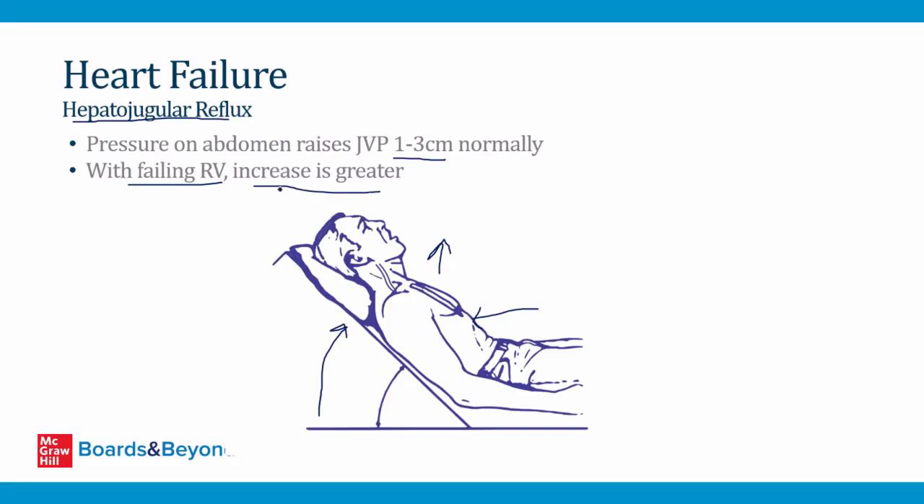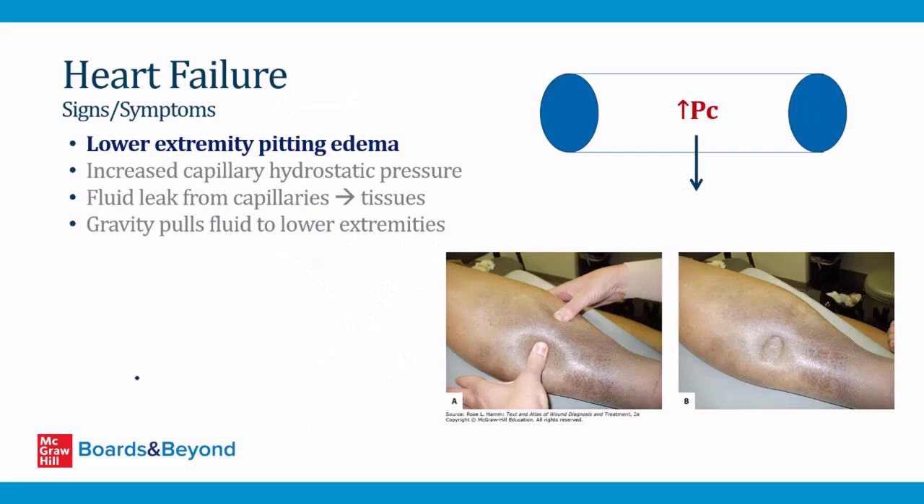And so when you identify this, it is said that the patient has the presence of hepatojugular reflux, and that's another classic finding of heart failure indicating high pressure in the venous system. Another sign of heart failure that you see in patients who have right heart failure is the presence of lower